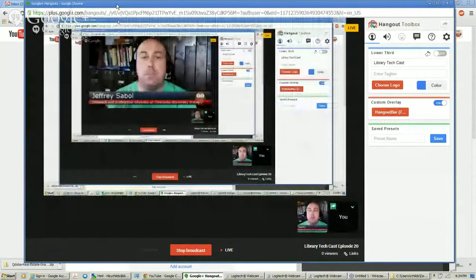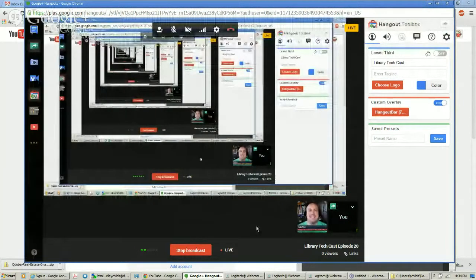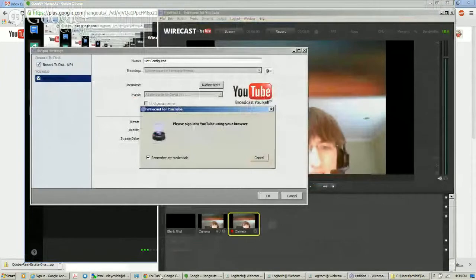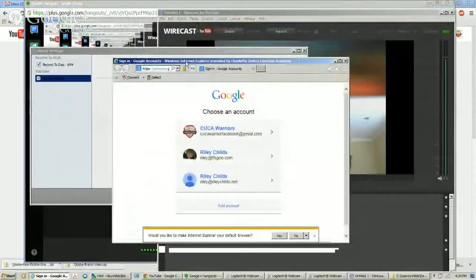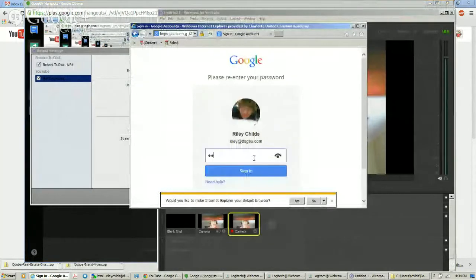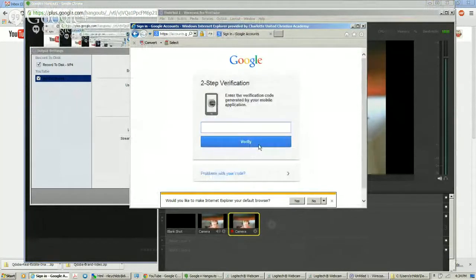Yeah, definitely. So let's go ahead and let's hop back over to Wirecast. I'm going to go ahead and authenticate. Oh shoot! I forgot. I haven't signed in to Internet Explorer in so long that I have to use